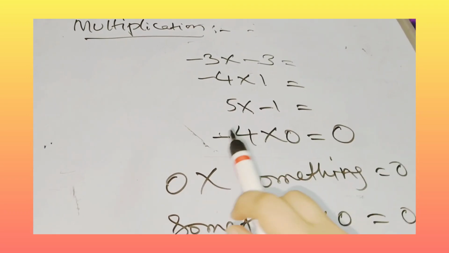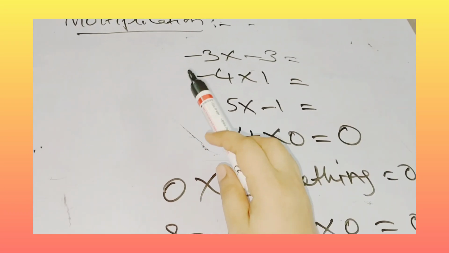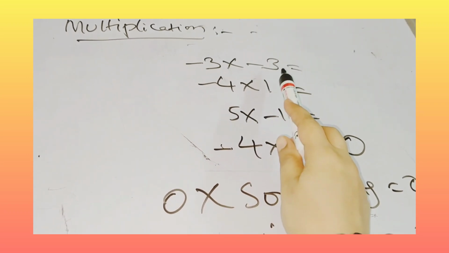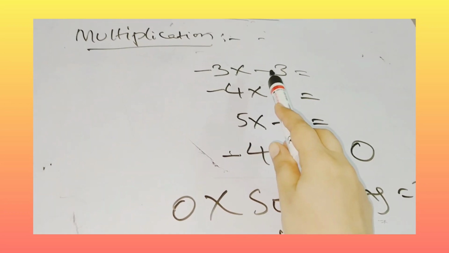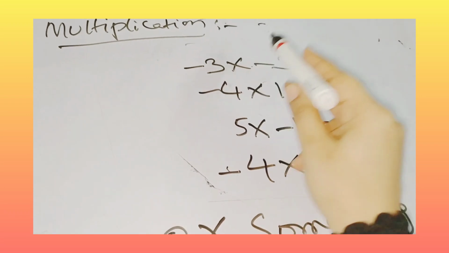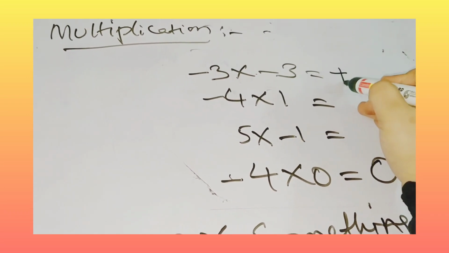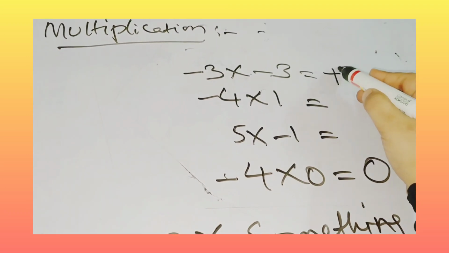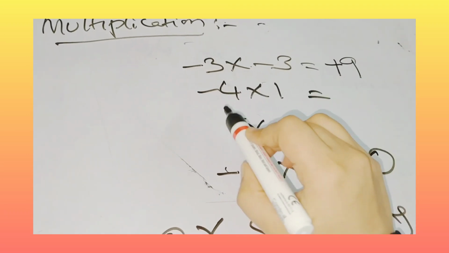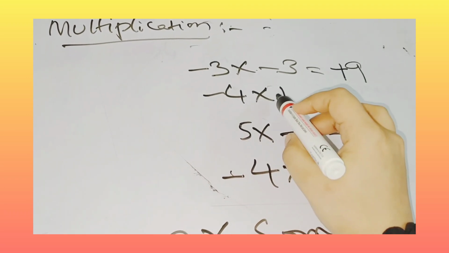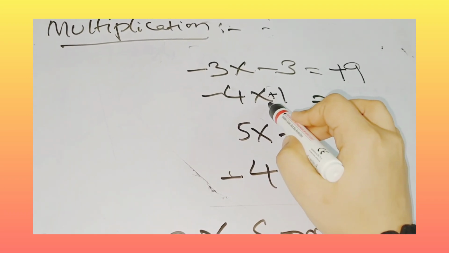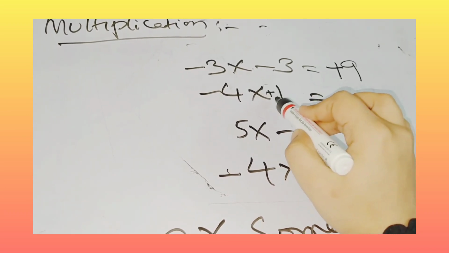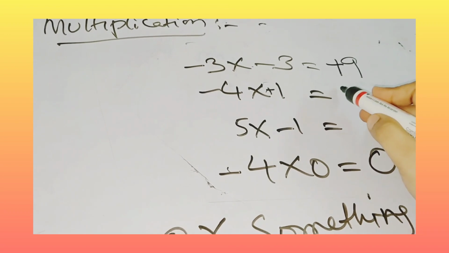Now we will study some patterns of multiplication that you have to remember. It is very important. Minus 3 into minus 3. What is minus 3 into minus 3? First you have to write what is minus into minus. It is plus. First we will multiply the symbols. Then 3 3s is 9. It is plus 9. Then here minus is there, here plus is there. If nothing is there, you have to take plus. It is plus 1. Minus into plus is again minus.